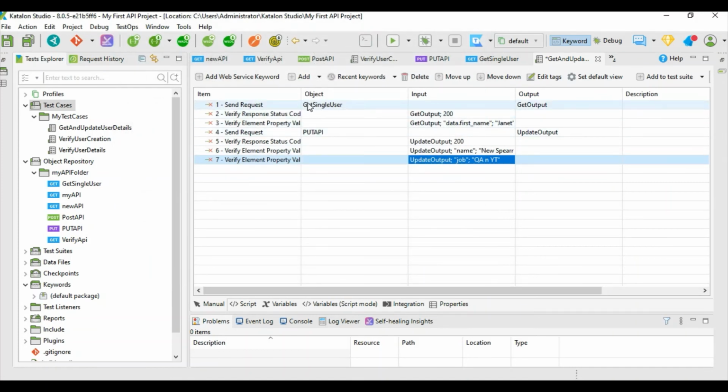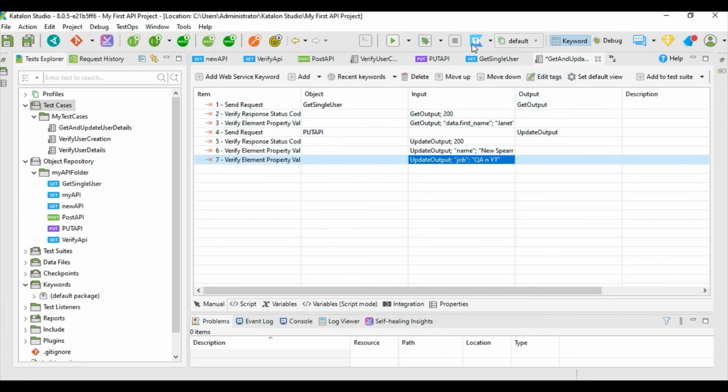So we can see for the first 3 steps, it is going to get the user details, and then it is going to send a put API request, and then it will check whether the response code is 200 or not, whether the name is updated, and whether the job is updated to QA and YT or not.